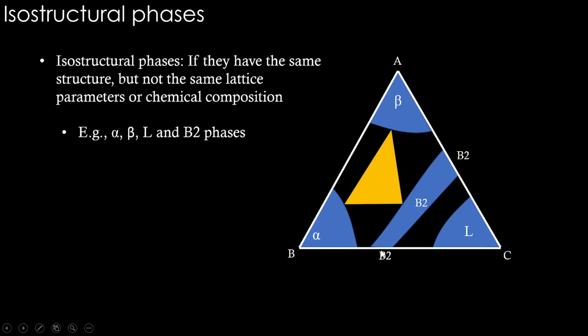So this phase is extending. The solid solutions or liquid solution extending is quite frequent; we can see this kind of thing happening in multiple systems. But intermediary phases can also extend. Even if they are not continuous, this B2 here and the B2 here can be same structured. They are isostructural phases. The moment you see isostructural phases, there is a high chance that you get some kind of a continuous field like this, or at least significantly extended fields like this. Okay. So all these phases, alpha, beta, liquid and B2 are isostructural phases. They appear in multiple systems with the same structure but different chemical composition and different lattice parameters.